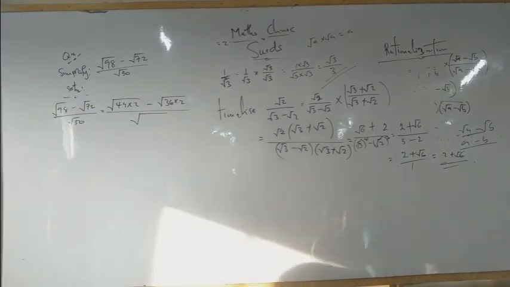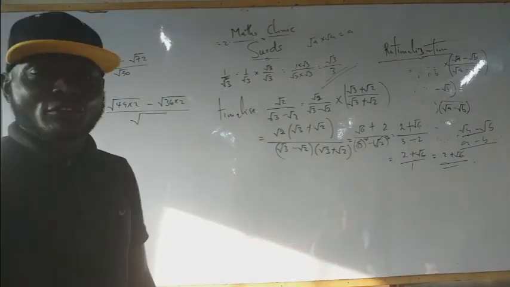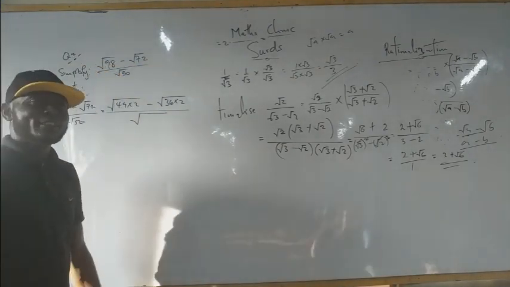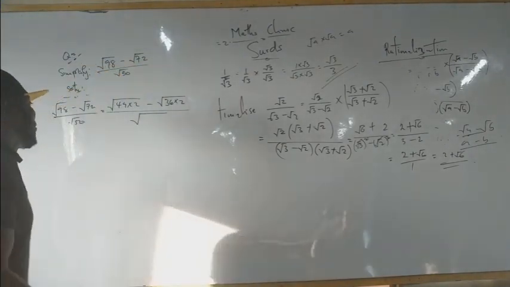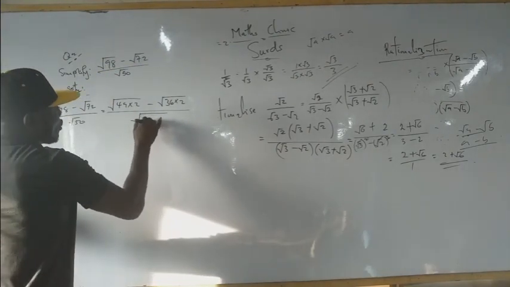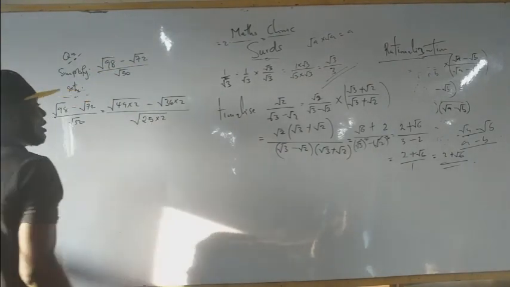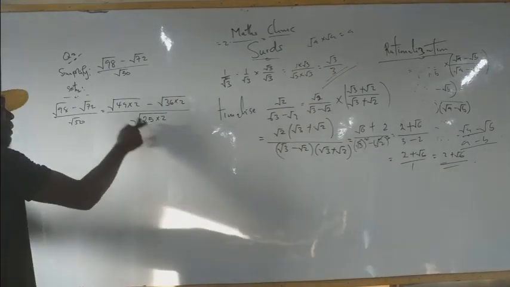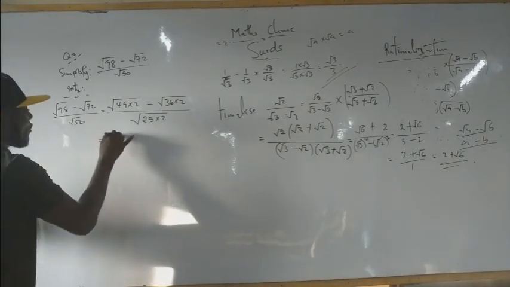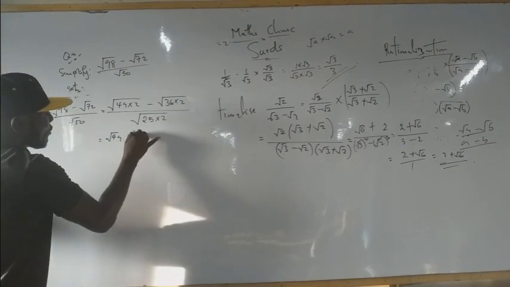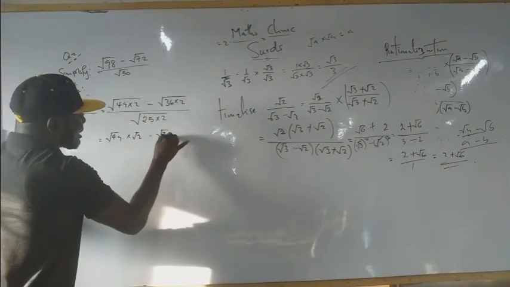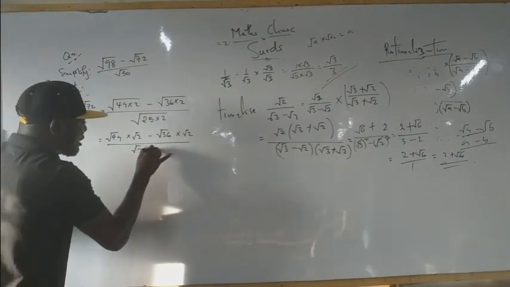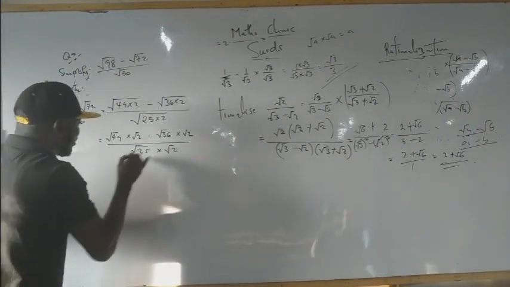Now, look at 50. We can say 5 times 10 will give us 50. 5 is not a perfect number, 10 is not a perfect number. But we can have 25 times 2, that will give you 50. 25 is a perfect number. So we can have square root of 49 times square root of 2 minus square root of 36 times square root of 2, everything over square root of 25 times square root of 2,